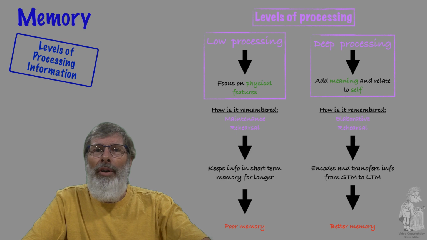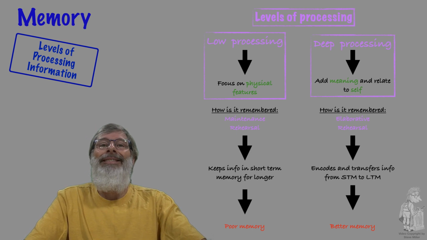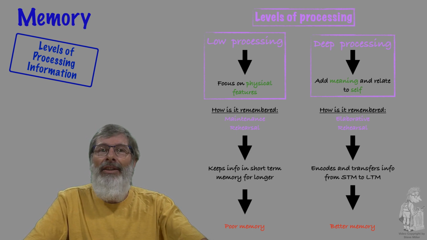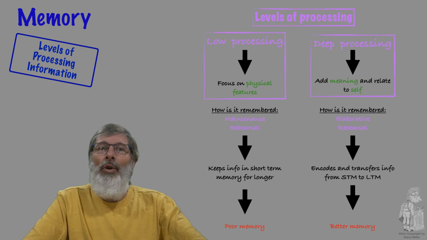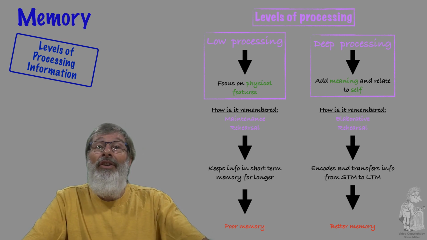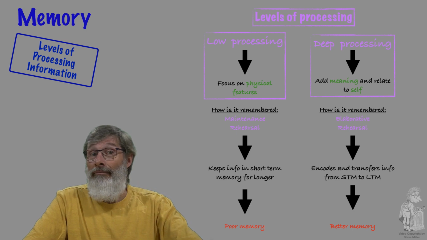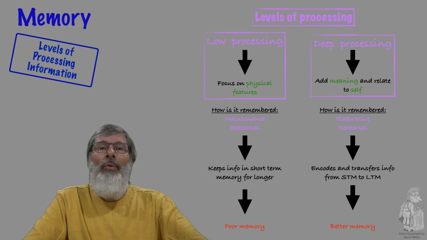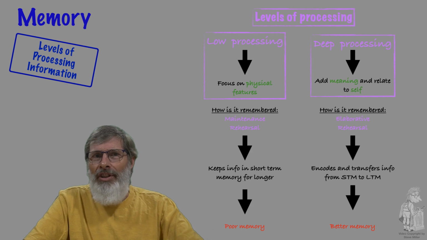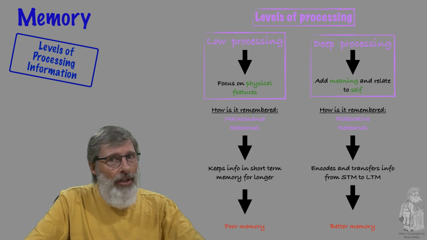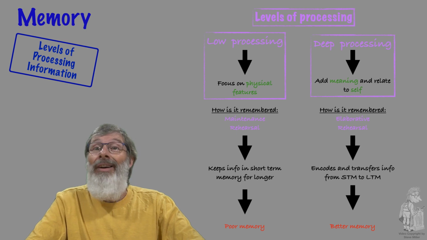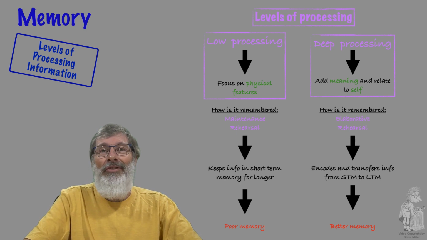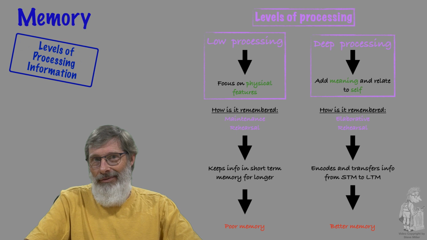Information is remembered if processed deeply. Attend to it, encode it carefully, ponder it, and relate it to things that we already know. This is essentially studying. Remembering relies on how deeply we process information. Research has shown that deep processing is related to activity in the prefrontal and the cerebral cortex.